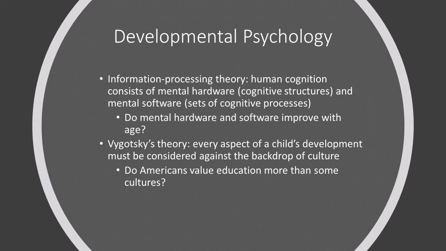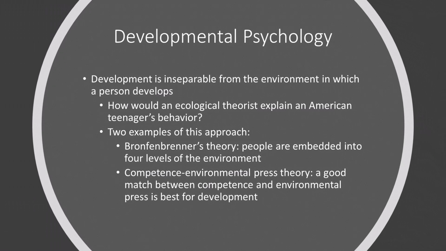Now, there are also theorists who look at ecology, and one very famous theorist is Bronfenbrenner. He had the theory of how we develop within an embedded context. And his theory was Bronfenbrenner's theory of development. And actually, he talked about how there were spheres of influence that influenced our development, from our very closest system, which would be our parents, to all the way out to more distant systems, for example, like the state or the country we live in.